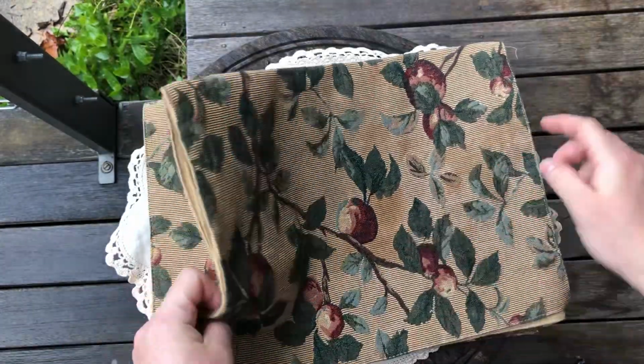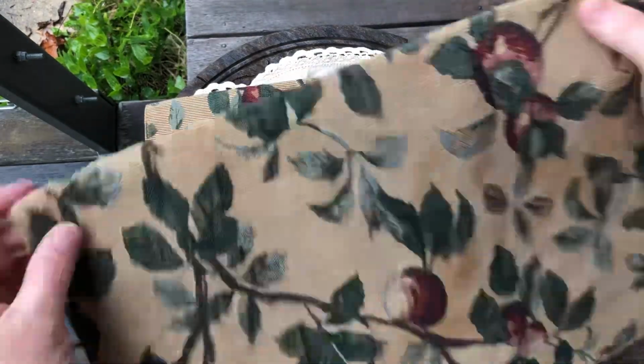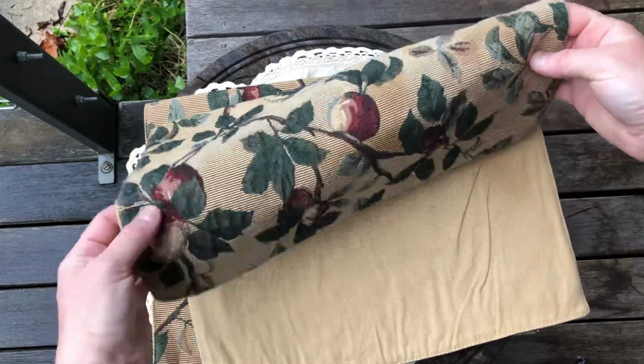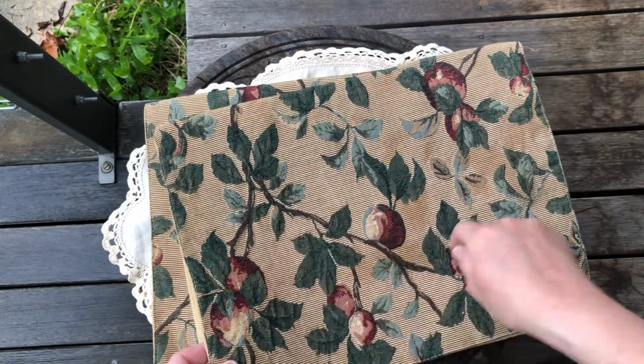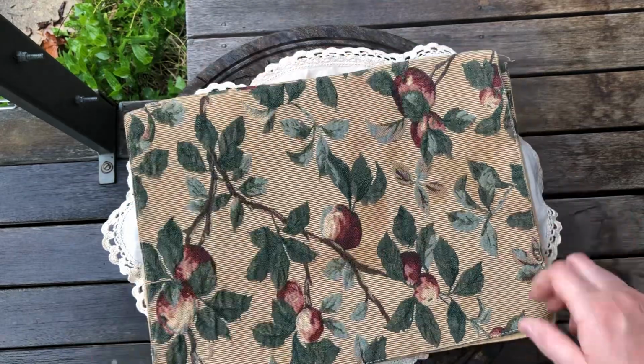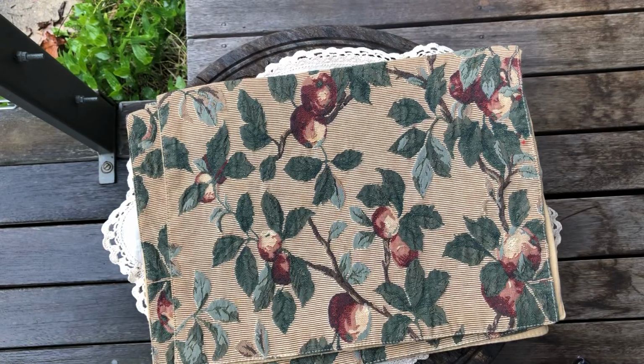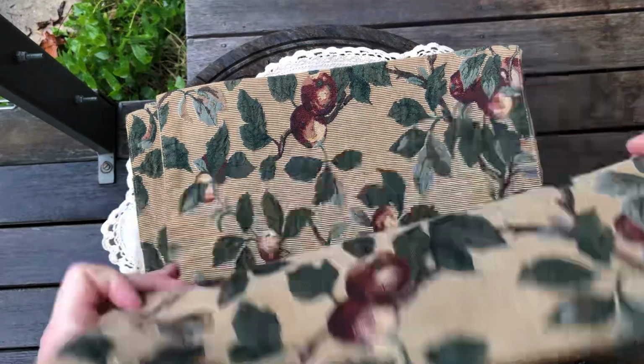I can see this one's got a little bit of staining, whether it will come out in the wash, but doesn't really worry me. If I'm making one of my little project envelopes, I can always put a little label or something over there, or I can just use sections of this for my stitchery. Another one, and another one,